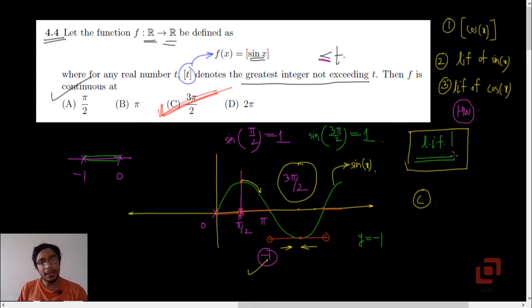It should be a good practice, because now see, in the same problem we are being tested for three concepts. First, the greatest integer function and the least integer function. Second, the nature and the behavior of the trigonometric functions sine and cos. And third, the continuity of the functions. So although sine and cos are continuous everywhere, their least and greatest integer functions are not. So that is 4.4, option C.